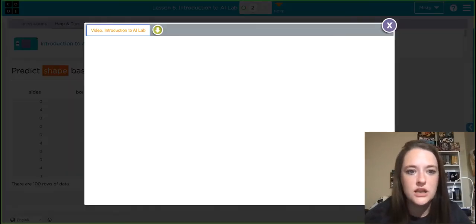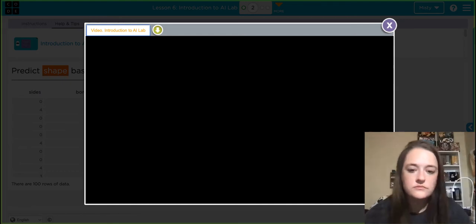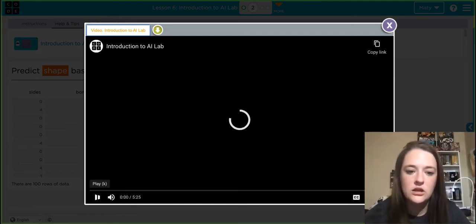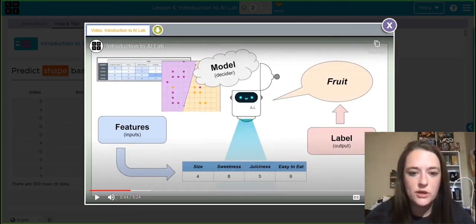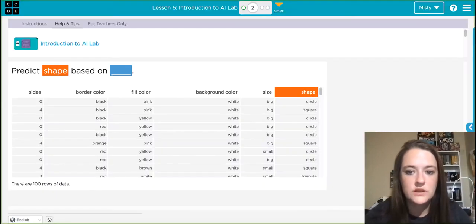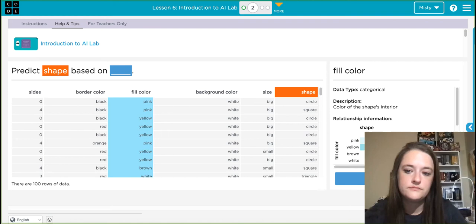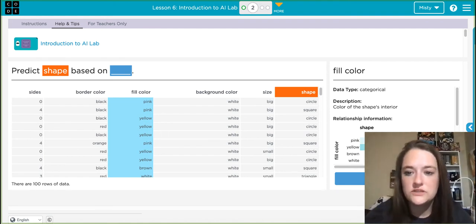If you ever get confused, you can click on the help and tips, and it will show you that video that we watched explaining all of the things. Okay, so remember, these are the features, and the output is the label. So this is the label. These are the features. Predict shape based on fill color. So whenever we choose the fill color,